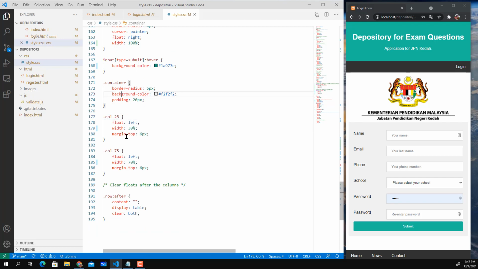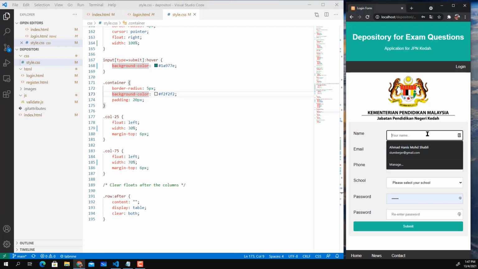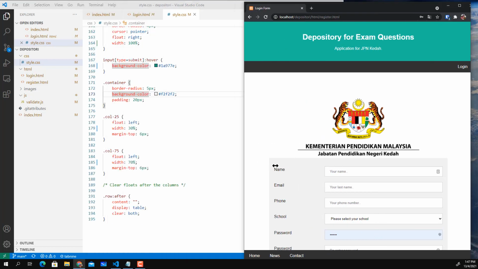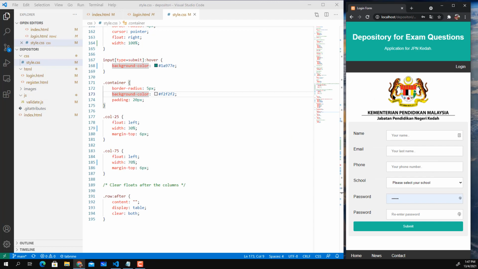For the column, all right. So the reason that I define column 25 is the division between label and also input here. All right, so the label and also input here, but I didn't manage to get the proper